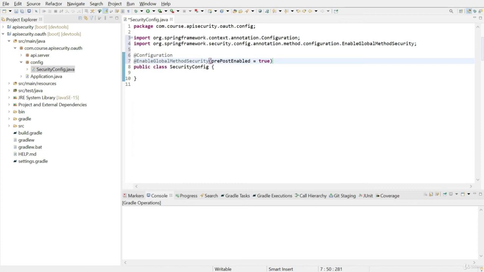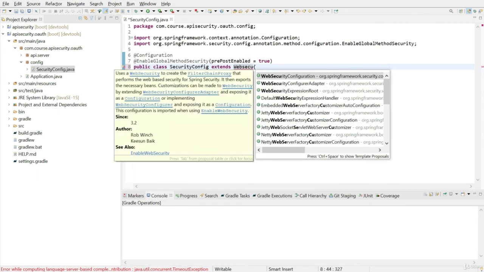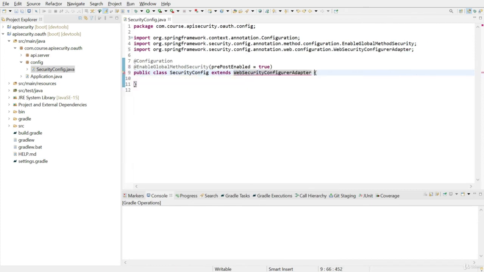This second annotation will allow us to use scopes for certain endpoints in the PreAuthorize annotation. This class must extend WebSecurityConfigurerAdapter. And we need to override the configure method.